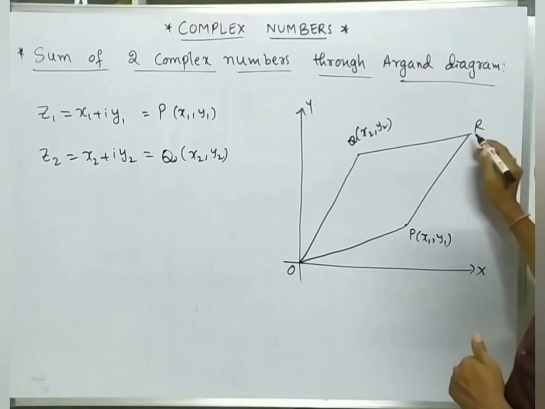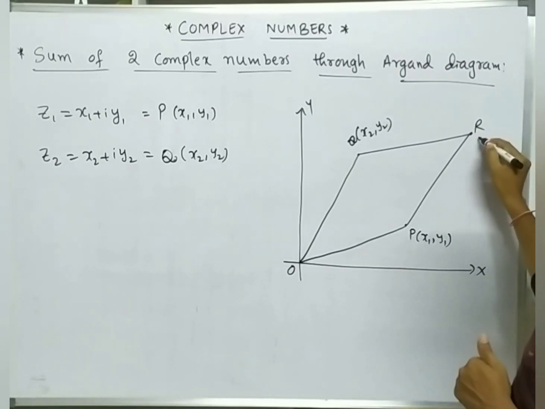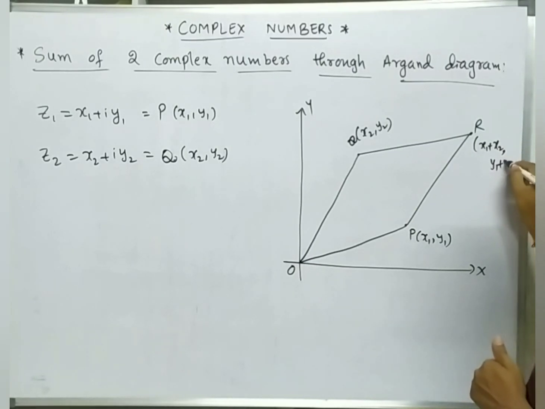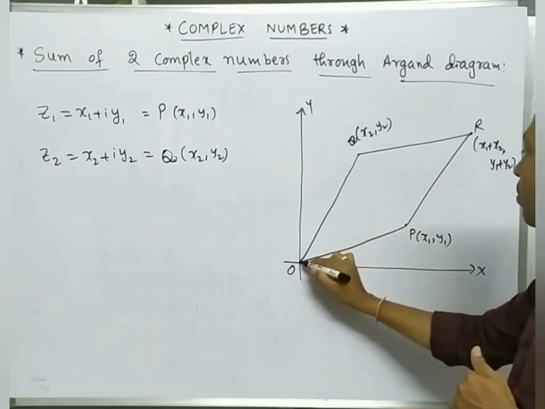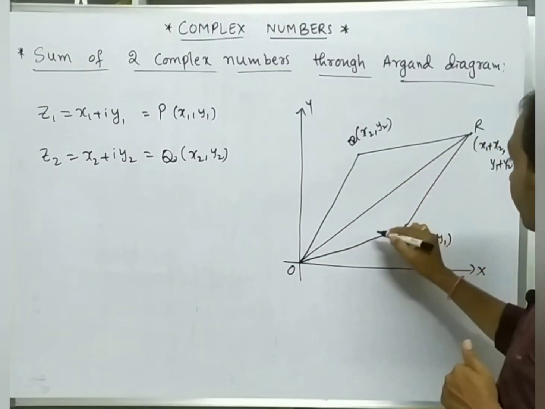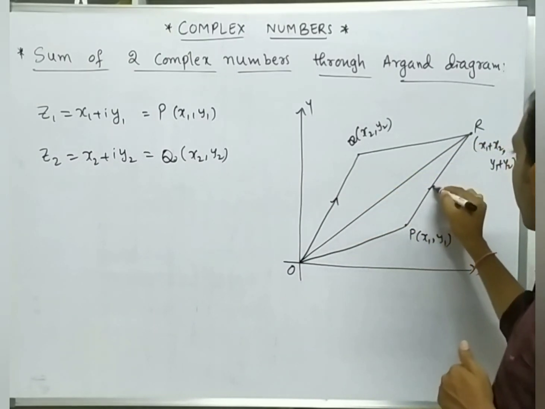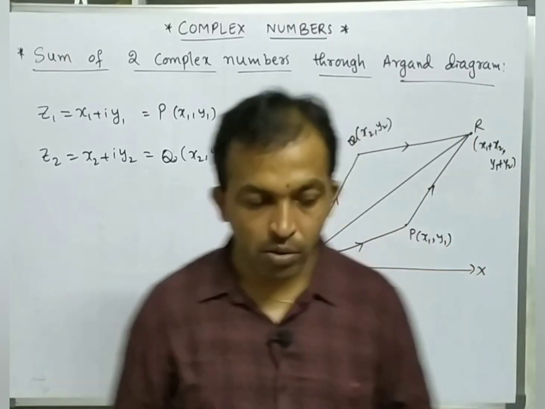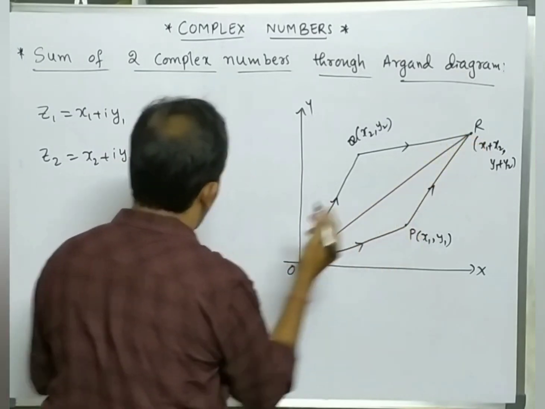This is the point R which represents (x1 plus x2, y1 plus y2). So by the parallelogram law, these two are parallel and these two are parallel, right? So by using the parallelogram law we can represent OR